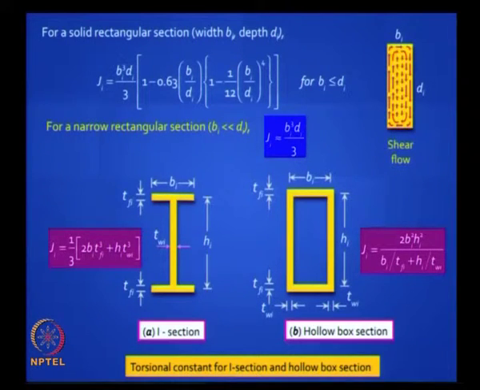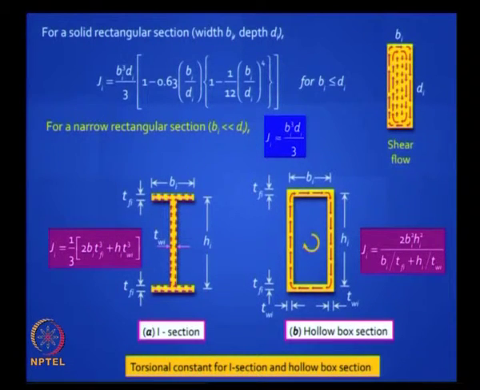The reason why this section is very effective against torsion is if you look at the nature of the shear flow. You will see that in the case of the I section, the lever arm for the shear flow is very small, so you do not get much resultant torque, and so you get a large twist as well. But in the case of a box, you have a constant shear stress across the thickness of the wall. It is like a circular section, so it is very effective against torsion. Okay, that is because it is closed.